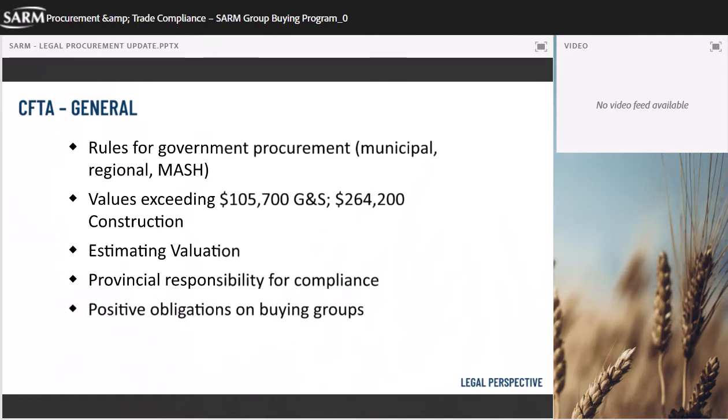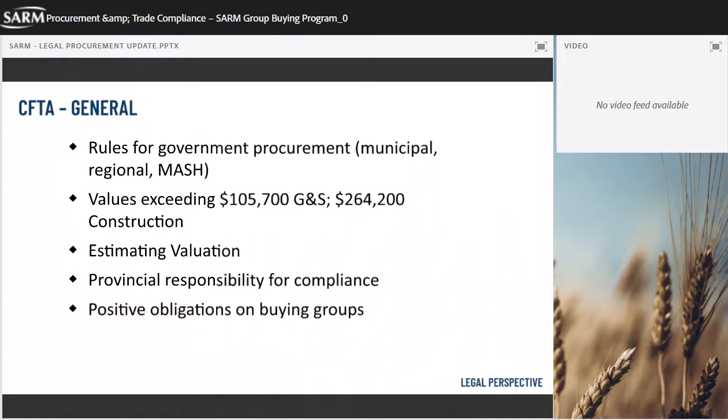Now, what the CFTA does is it sets rules for government procurement for the MASH sector, as well as for provincial and federal bodies. And for the municipal realm, the valuations requiring compliance with the procurement rules are $105,700 for goods and services, and $264,200 for construction. Although those thresholds may seem high for one-off purchases, when you're looking at it now,